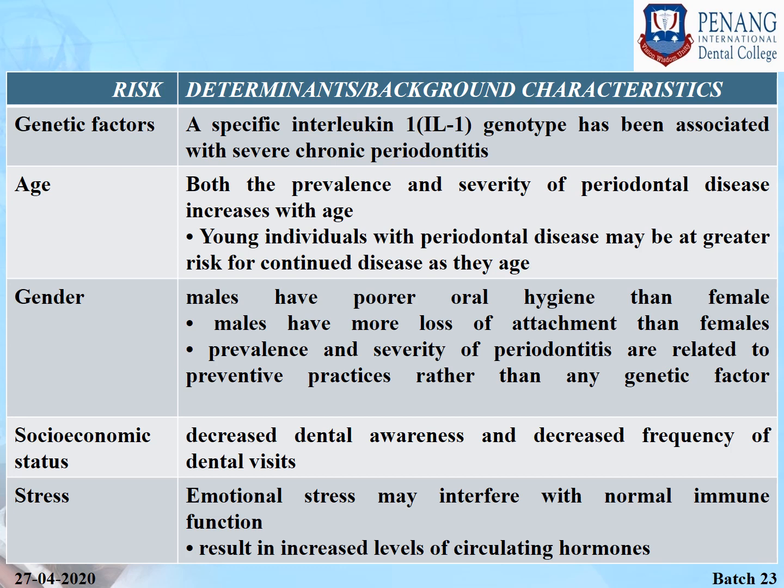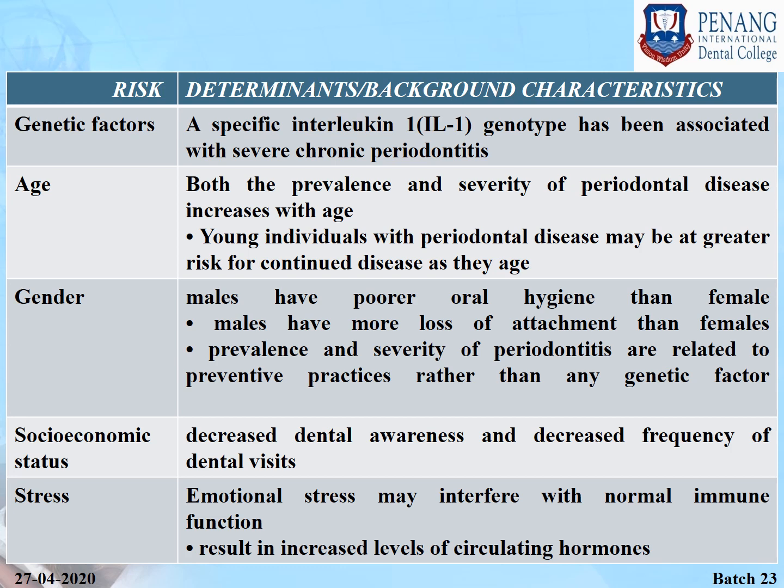Then comes socio-economic status. Gingivitis and poorer oral hygiene can be related to lower socio-economic status. This most likely can be attributed to decreased dental awareness and decreased frequency of dental visits when compared to the more educated individuals with higher socio-economic status. After adjusting for the other risk factors such as smoking and poor hygiene, lower socioeconomic status does not result in increased risk for periodontitis.